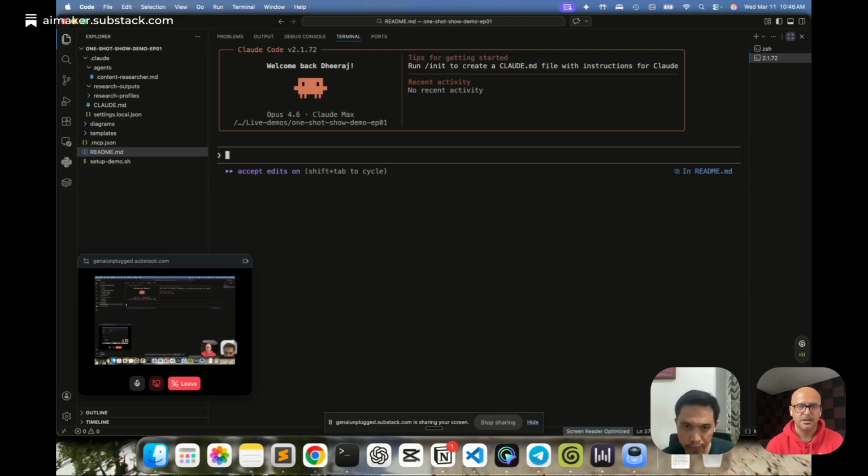And another tip, for those of you who might be on, let's suppose, the Claude Pro version, not the Max version, where you want to save tokens: generally, what you can also do is plan in Opus. You can see right now it's in Opus mode. So you can create your plan with Opus, but once you have created the plan and you are ready to execute, you can switch to Sonnet and then execute the plan.